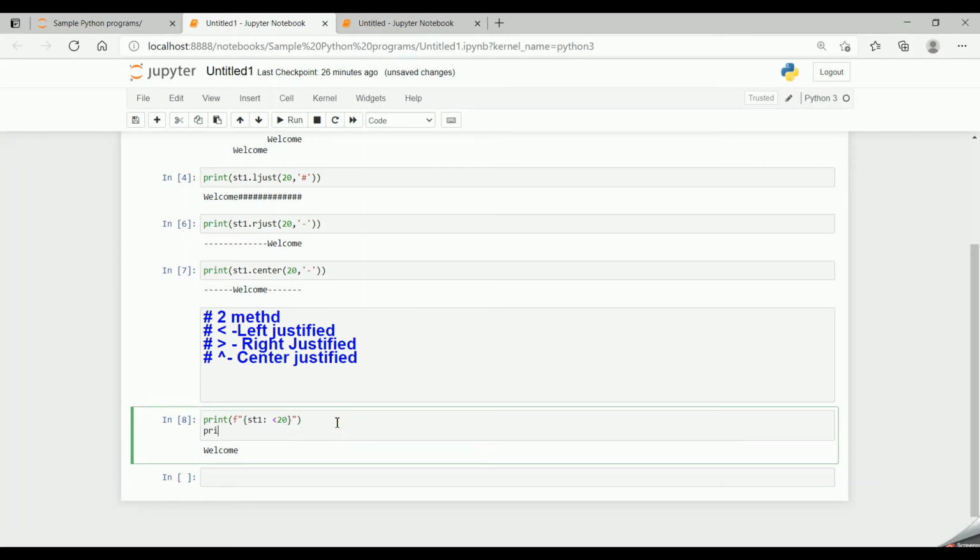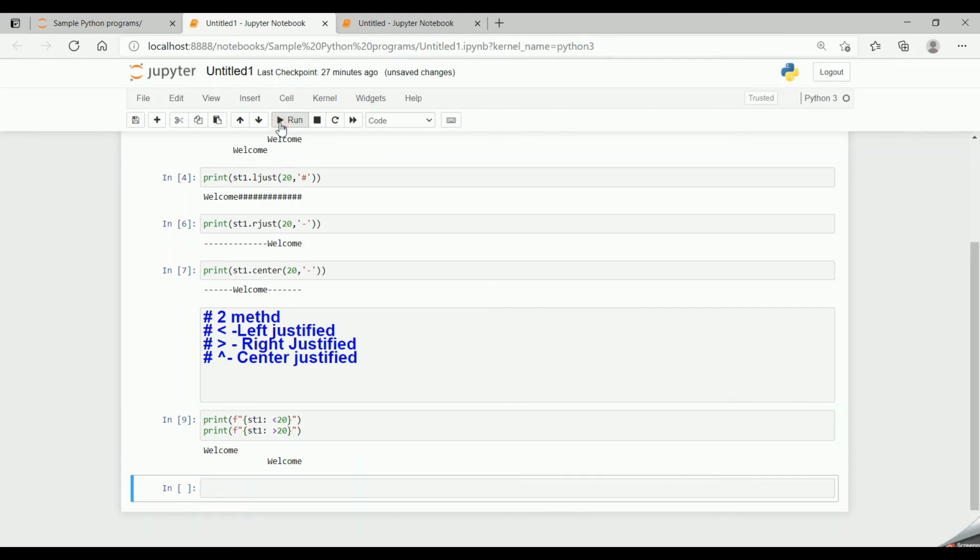Print f double quotes braces st1 colon, greater than 20, braces close, quotes close. Now run the code. We see that welcome is right justified.